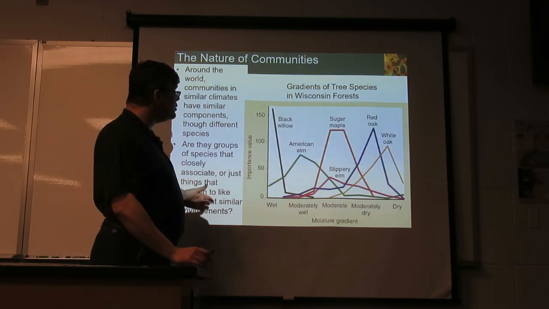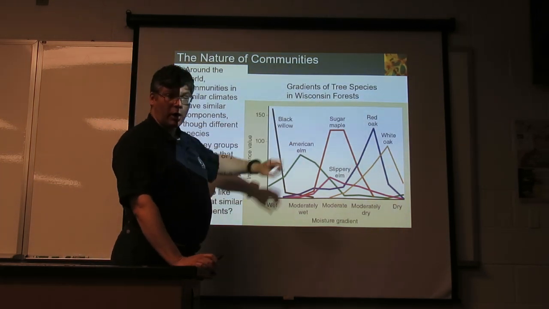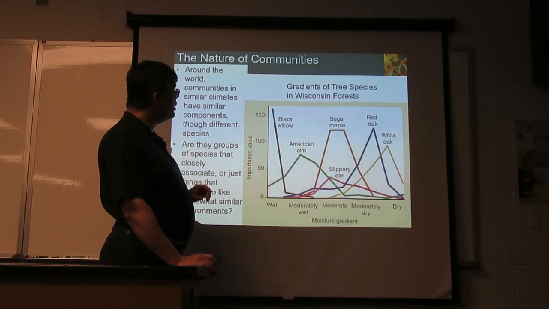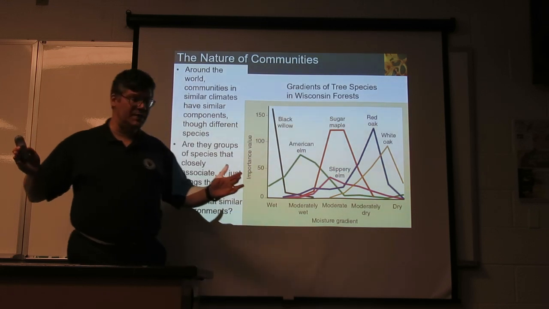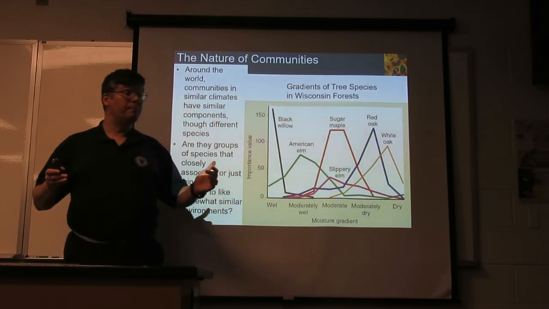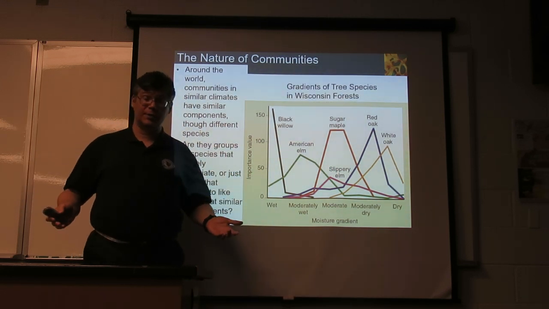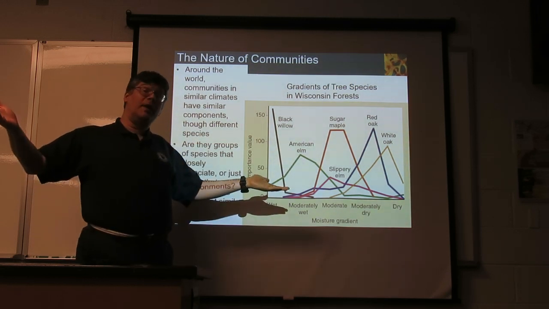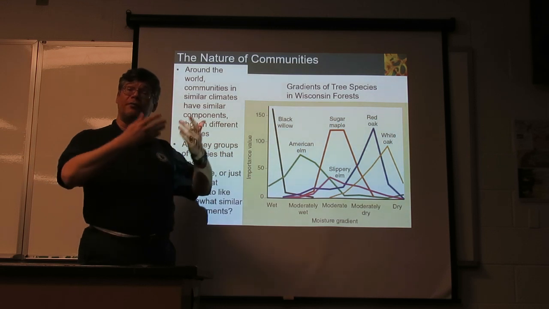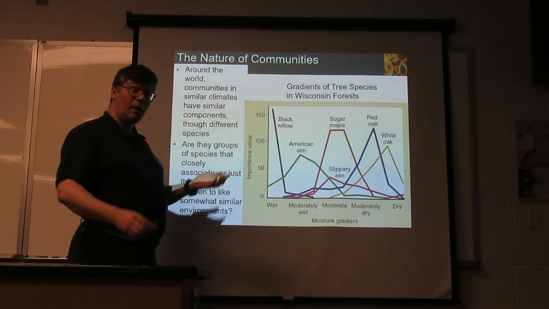Turns out when you look closely, our communities tend to kind of fragment. It's not that all these species are always together, but rather that each one has its particular own preference. Now many of those are broadly overlapping, and so you do tend to find certain things together, but each has